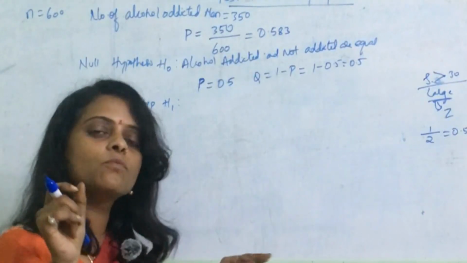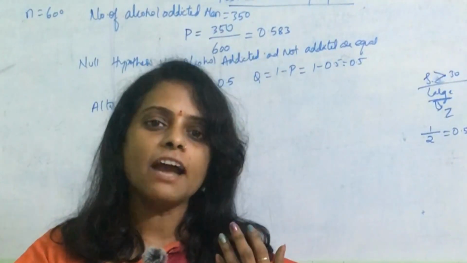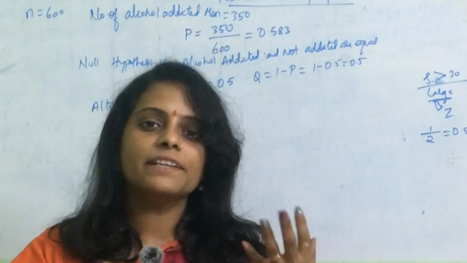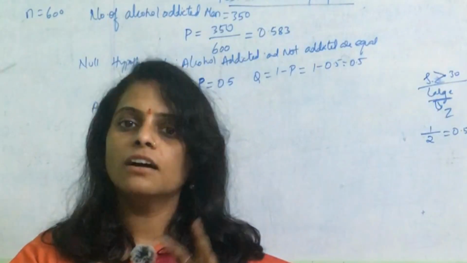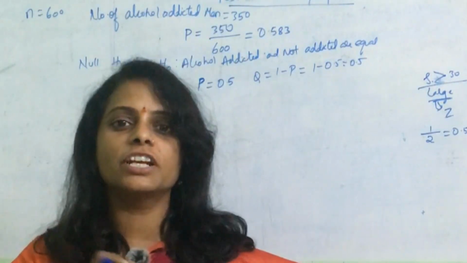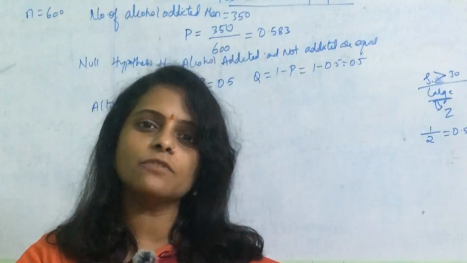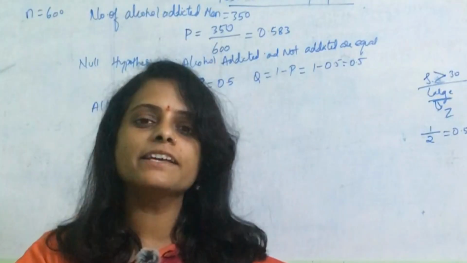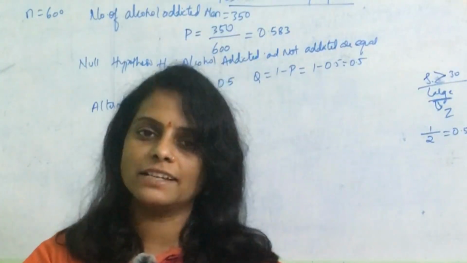More. So here one more most important point that you have to remember is, we have to check what kind of tailed test it is. Whether it is a two-tailed test, whether it is a one-tailed test, whether it is a right-tailed or a left-tailed test, we have to check that. They will not give you directly in the question whether it is a right-tailed test or a left-tailed test. You have to analyze the question and know which kind of test it is.